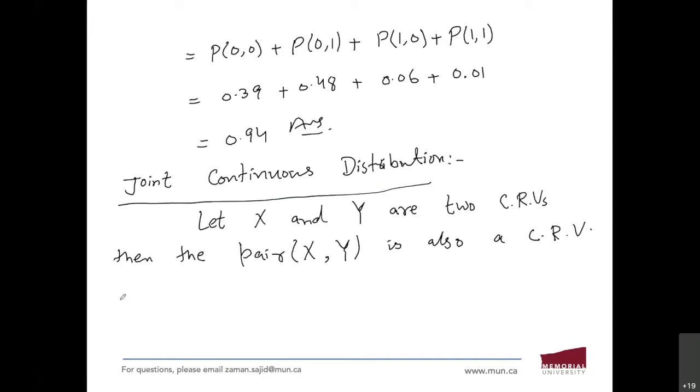A function f of x, y at x and y is defined as,